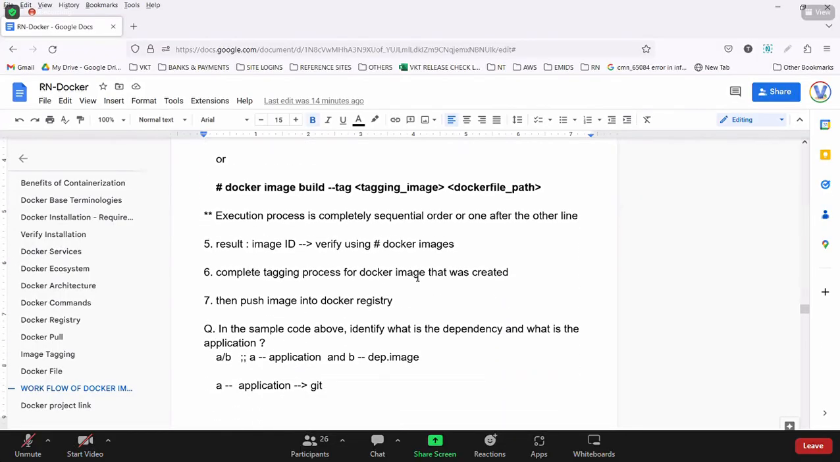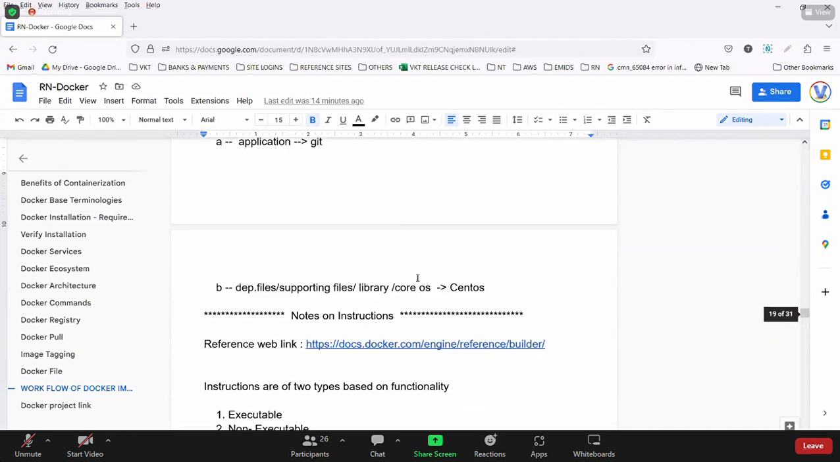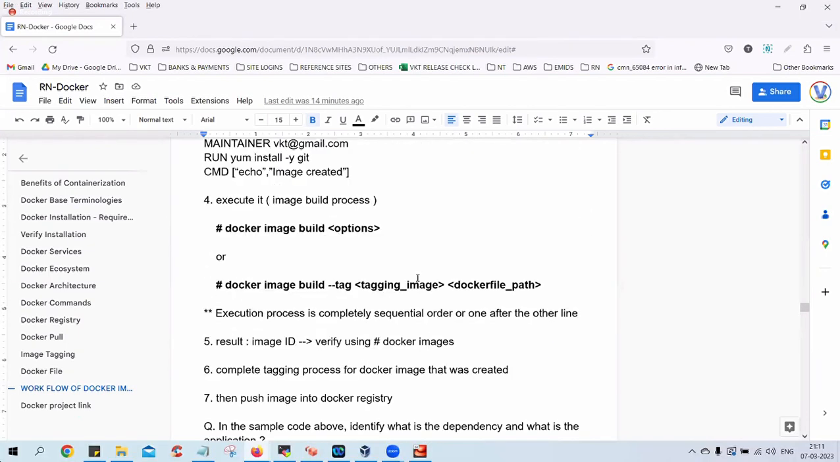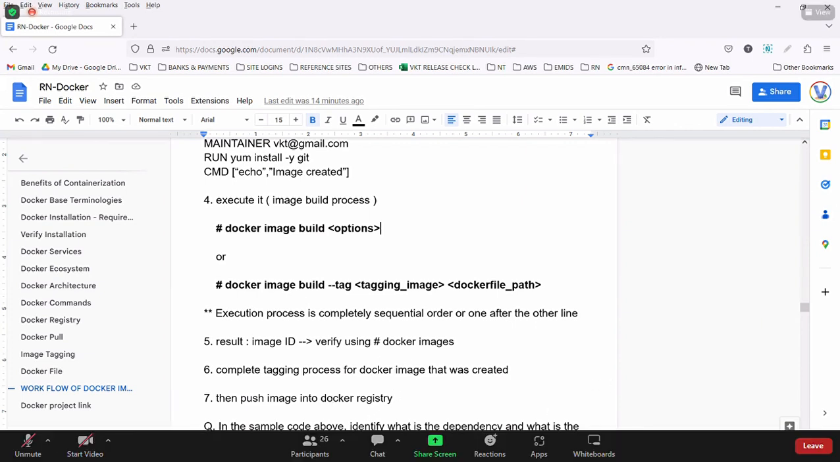Are we clear on this execution process, guys? Confirm? So at this point, you have to focus on how to execute and how to create the image. Now, the next level of understanding is you need to know how to push this onto the